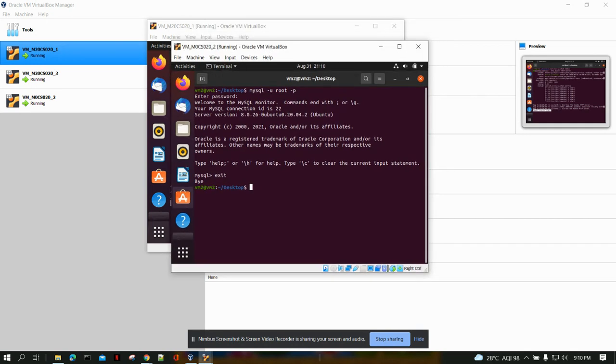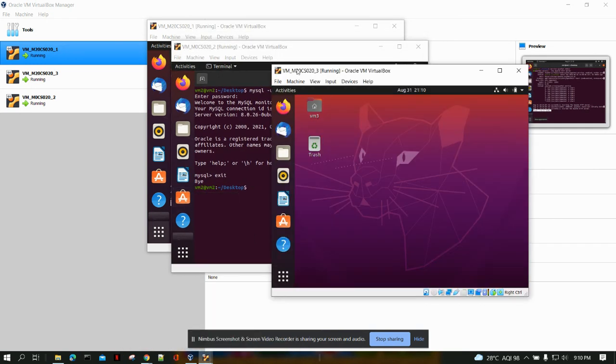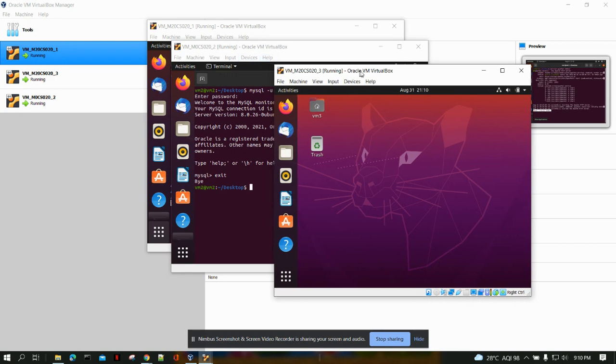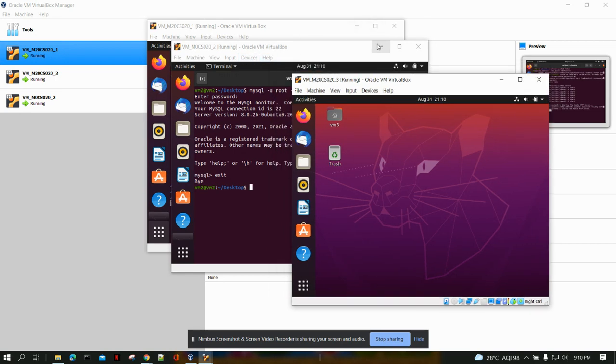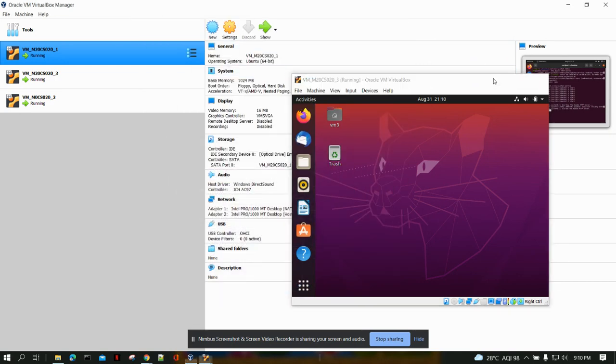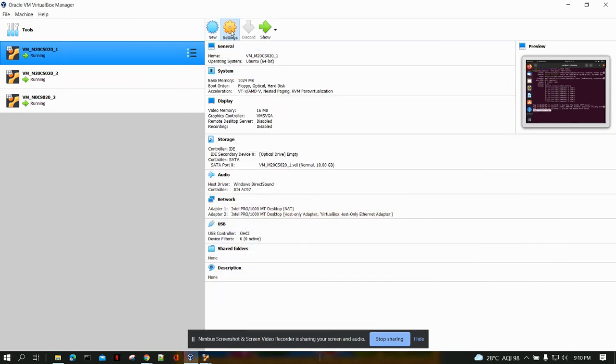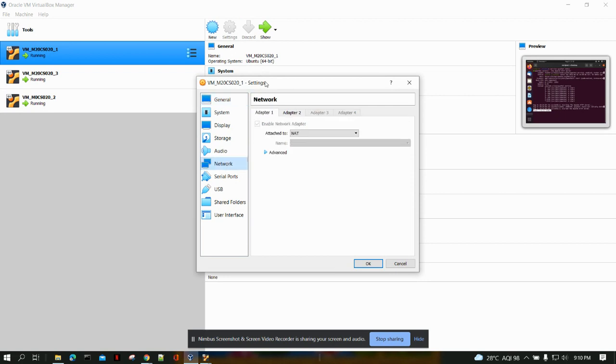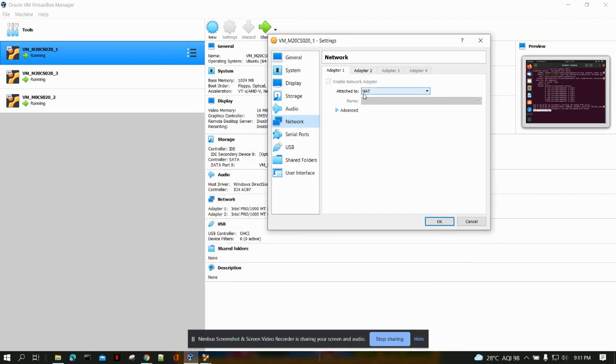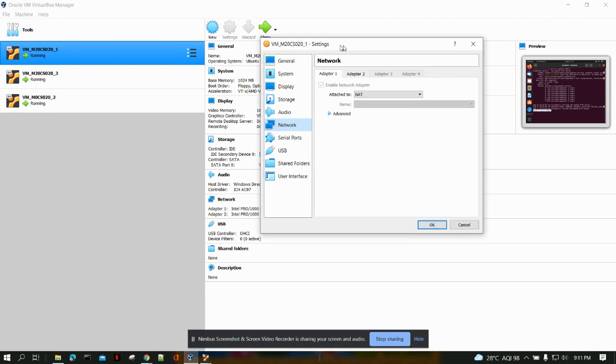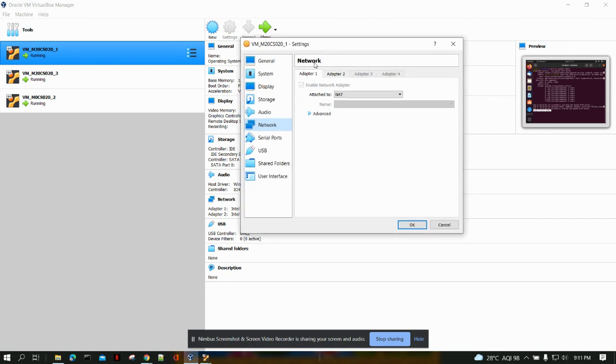Now, for all these virtual machines 1, 2, and 3 to connect with each other, we have to do the network configuration. For its network configuration in adapter 1, we have to set it as NAT, that means network address translation. This is the simplest way of accessing an external network from a virtual machine. This enables the virtual machine to